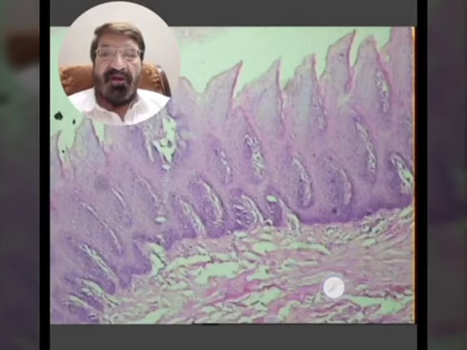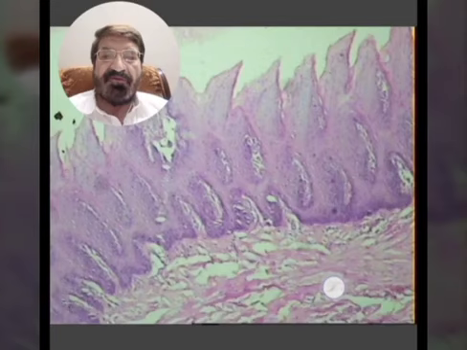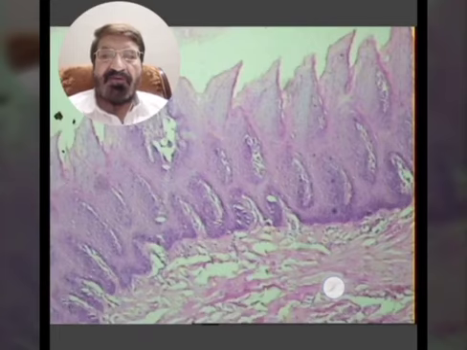The boys and girls of second year MBBS, let's start with the microscopy of the gastrointestinal tract. Practicals भी हम किया करते थे, अगर आपको याद हो तो laboratory में microscopes के नीचे gastrointestinal tract की slides को देखना भी